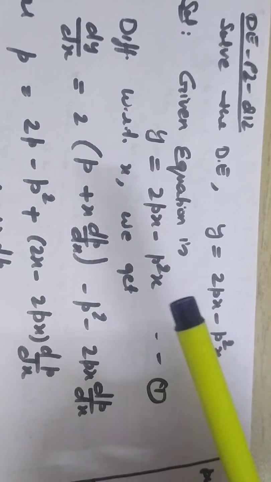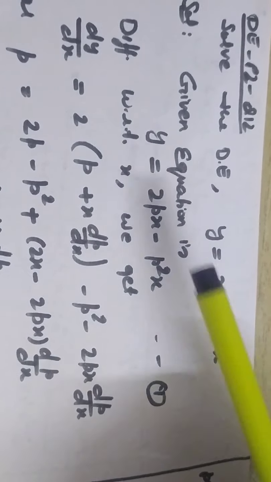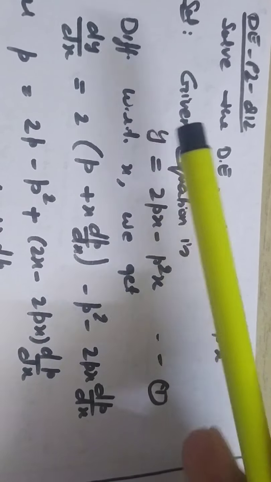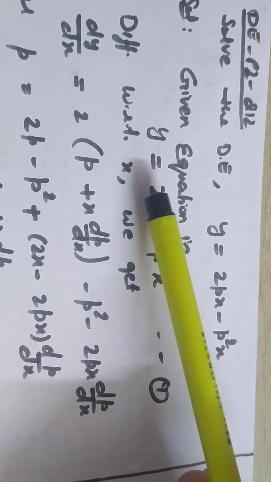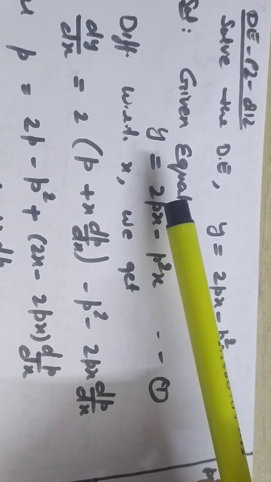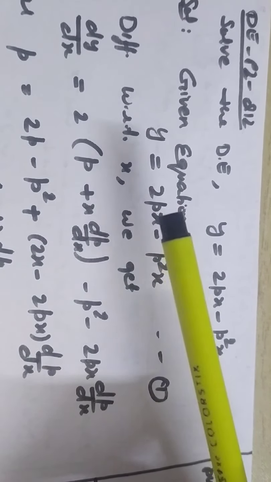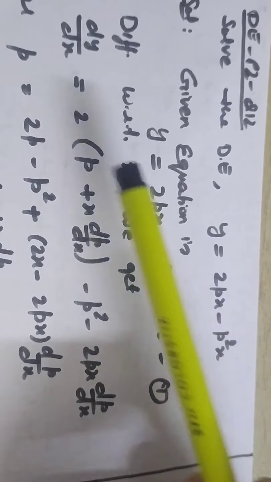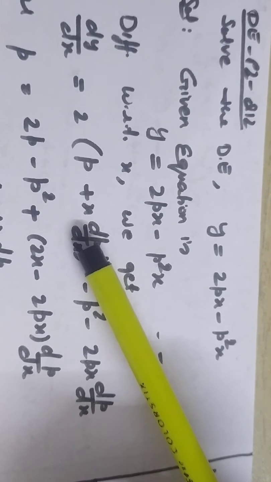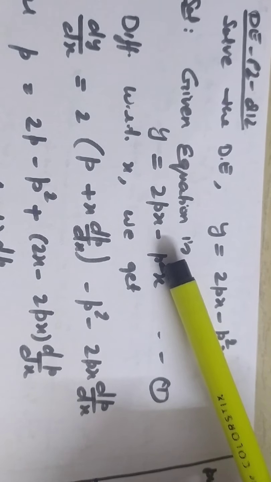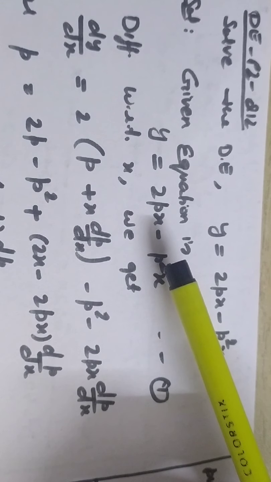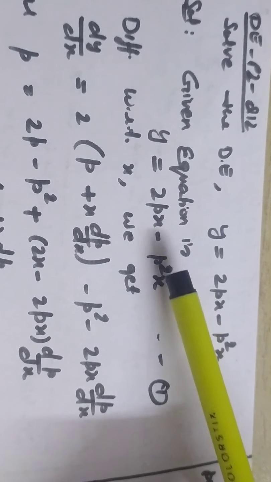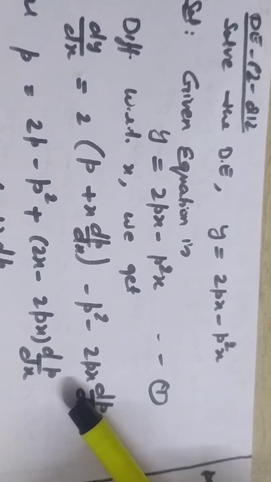Now to find the solution of this equation, you have to differentiate first with respect to x. Differentiating y with respect to x, we will get dy over dx, and here you will see 2 into px, where 2 is the constant, and you apply the formula of u into v: first into derivative of second plus second into derivative of first. Here again you apply the product rule for differentiation: p square into derivative of x, and minus x into derivative of p square. P square's derivative will be 2p into dp over dx.